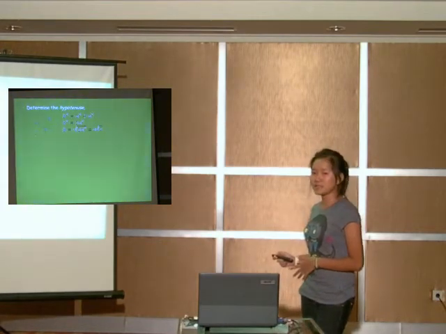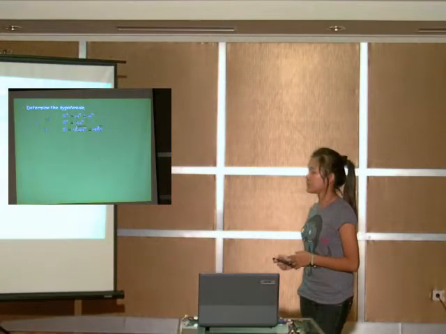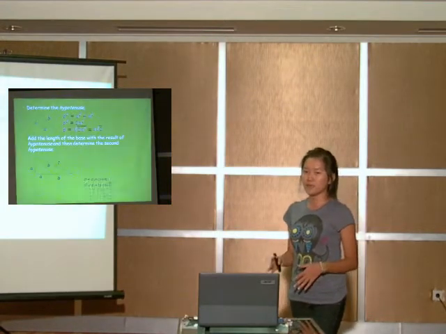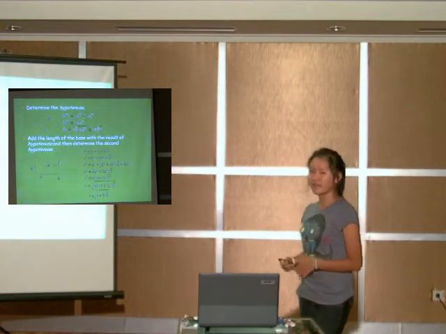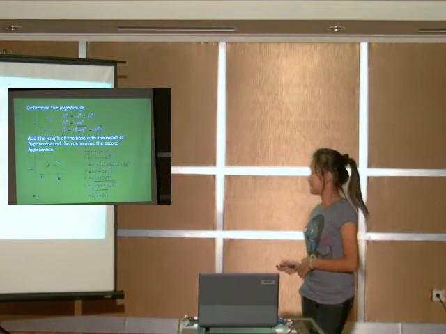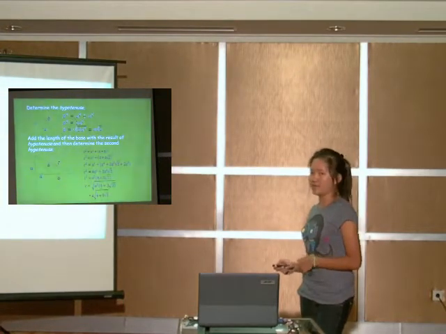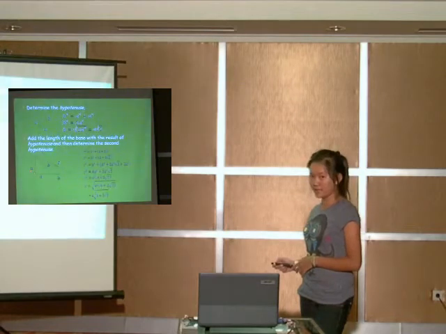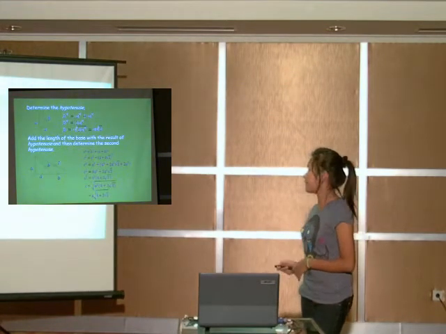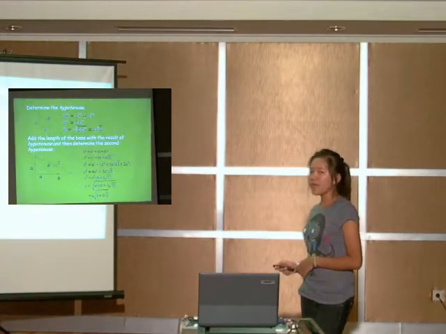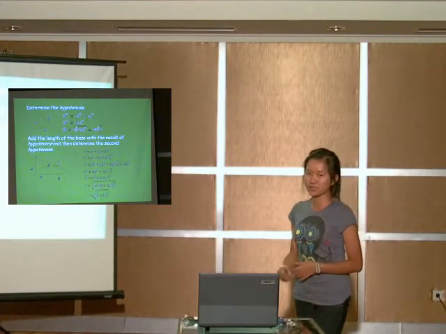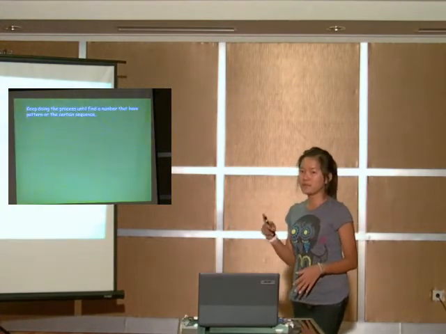B here is the hypotenuse. Determine the hypotenuse as usual with the theorem of Pythagoras. After that, add the length of the base to the first result of the hypotenuse, then determine the second hypotenuse. Why do I say to add the length of the base to the first hypotenuse? Because the second base must have the same length as the first hypotenuse. So to find C, we only need one base, and that one base comes from the first base and the second base. Add both of them to obtain one base, and then determine C with the theorem of Pythagoras as usual. You have to keep doing the process.